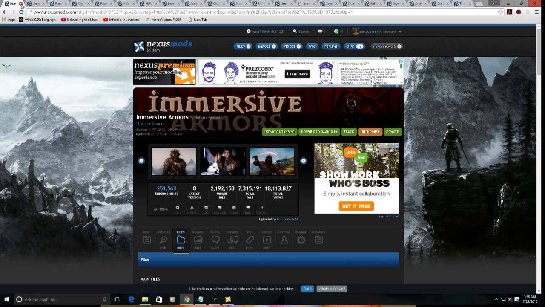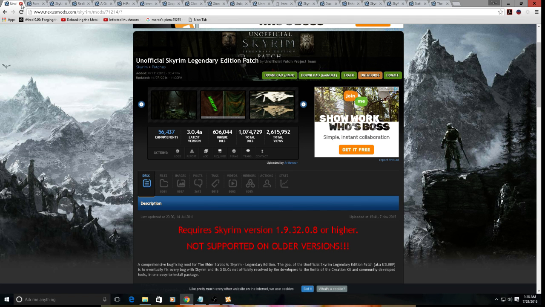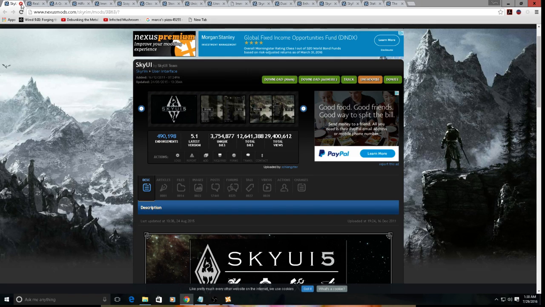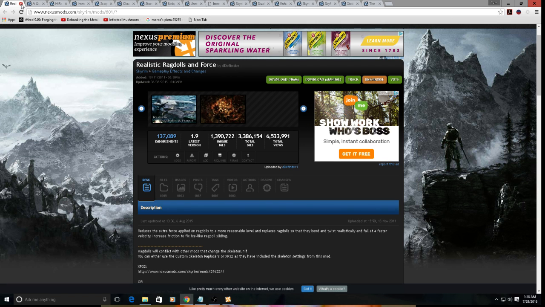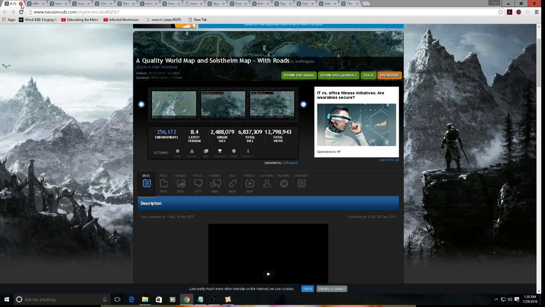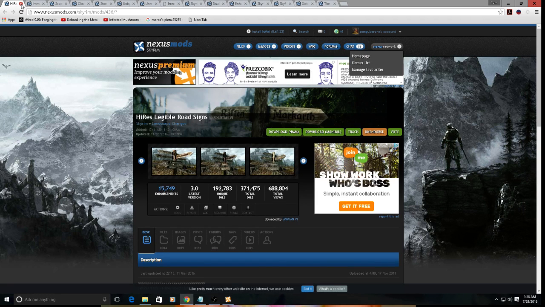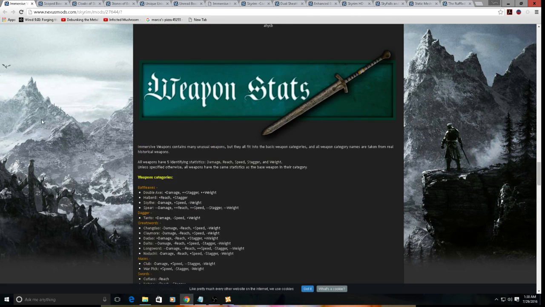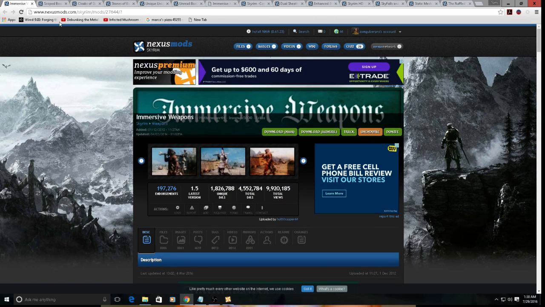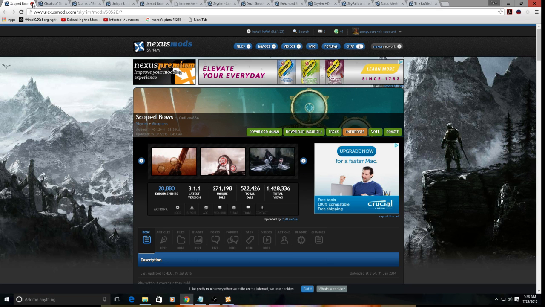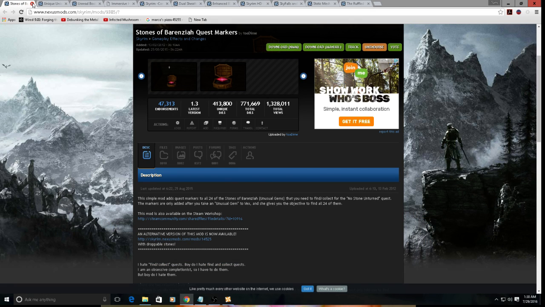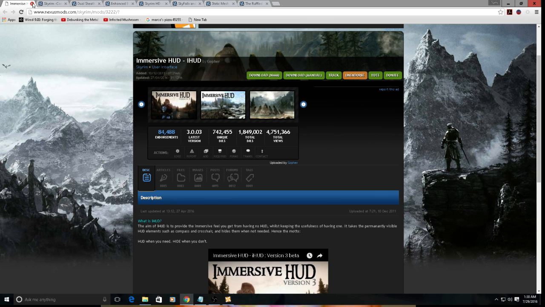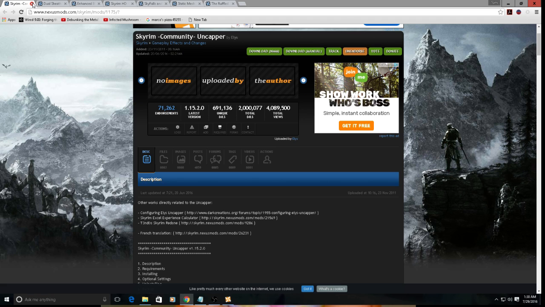So we're going to go find Immersive Armors. We're going to go find the Unofficial Skyrim Legendary Edition Patch, FNIS, which is Fores New Idles in Skyrim. We're going to get SkyUI, Realistic Ragdolls and Force, Quality World Map, and Solstheim Map with roads, high-res legible road signs. I do believe this is Immersive Weapons. Yes, Immersive Weapons, Scoped Bows, Cloaks of Skyrim, Stones of Barenziah, Unique Uniques, Unread Books Glow, Immersive HUD, Skyrim